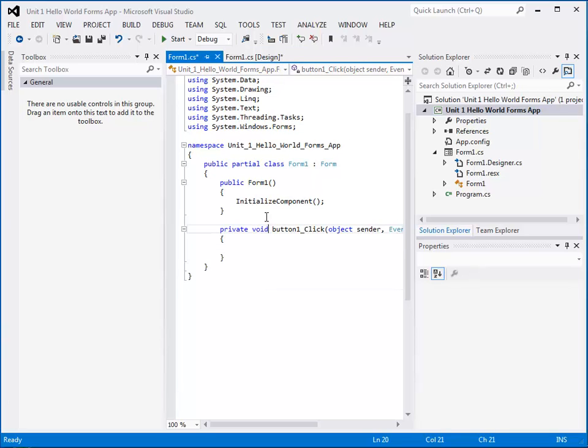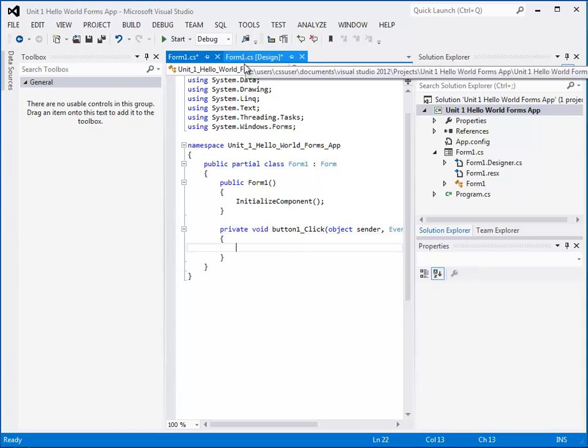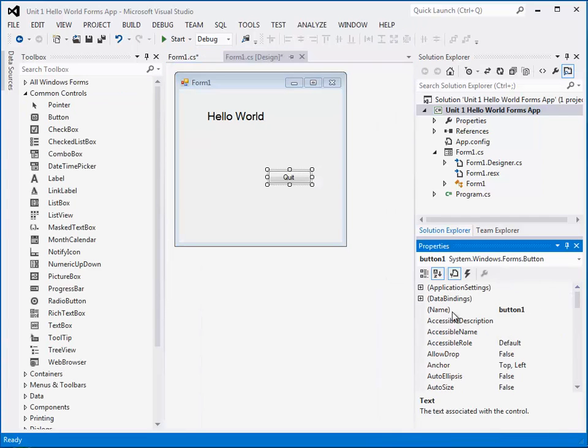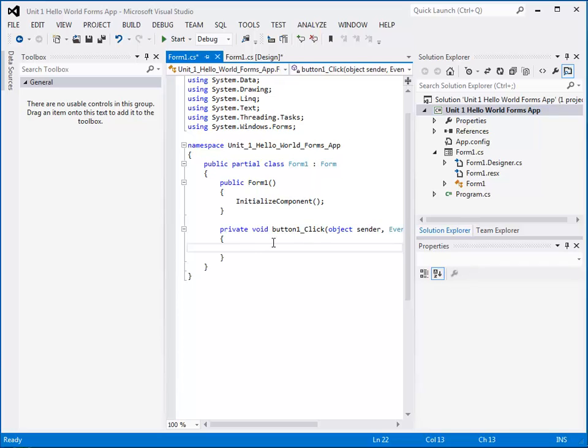Okay, so now it automatically created a button1 click method. My button was called button 1. If I were to go back to the form and look at the very top, the name of this object was button 1, and I never changed that. So again, I'm going to go back to my code, button 1 click. I'm going to type in some code here. I'm just going to say